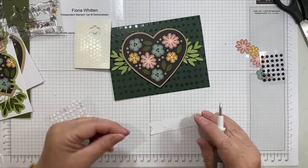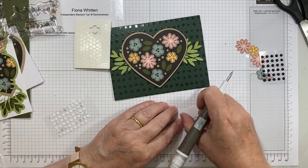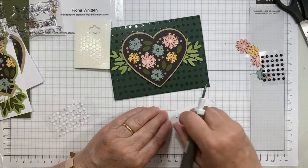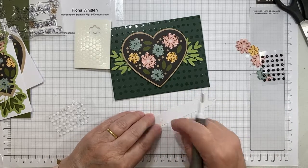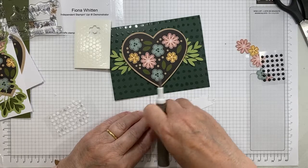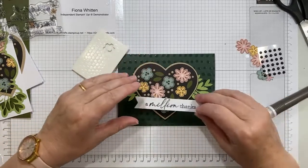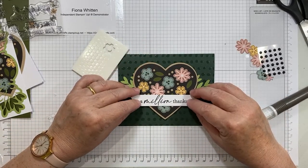I don't know if that is one or a bit of backing. That was backing, so that's all right. Can't imagine having glue in a box like that and it going all over the place. That would just be horrendous. So these little dots are a great idea. So again, I'm just going to put that on